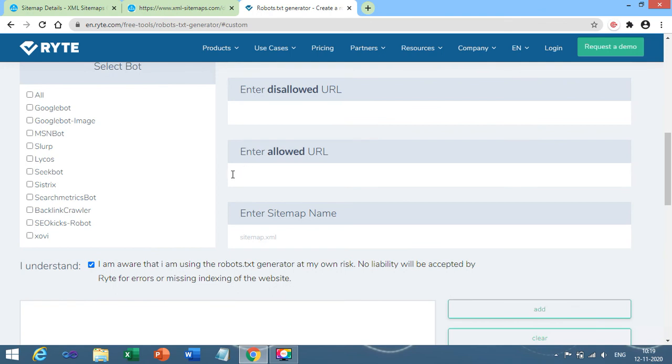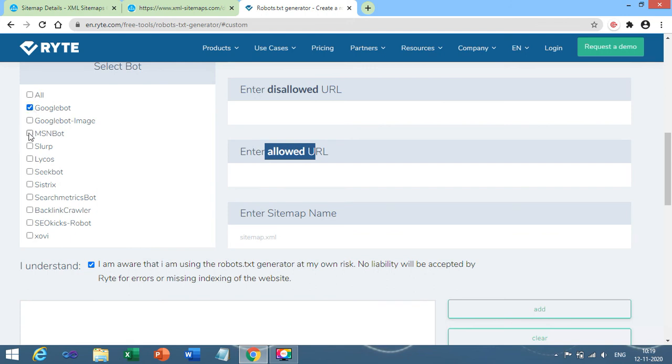So this is all about the robots.txt file as well as the sitemap generator file. The theoretical portion you must learn by heart, otherwise you will not get what is the use of disallow and what is the use of allow. One more practical I want to show you regarding the robots.txt generator.